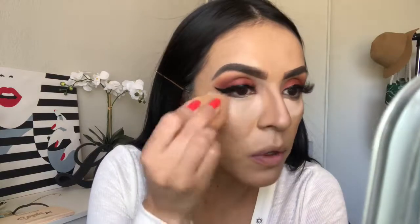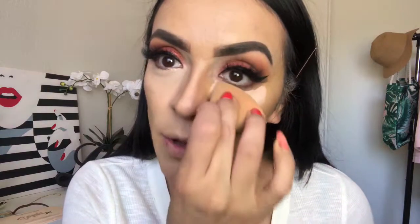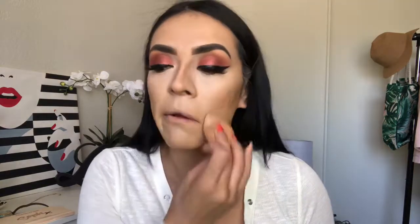Okay, let's go and see where. Ooh, I think I like the concealer more than the foundation. So it's with the concealer. It's not matte at all. It does have a little bit of luminous into it. It's a little bit of dewiness. Like I said, I didn't like the previous concealer, the matte one. It was just too drying under my eyes for me. I didn't like it. I know a lot of people really like that concealer from Makeup Revolution, but it wasn't